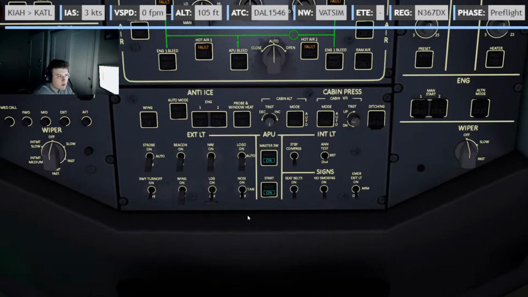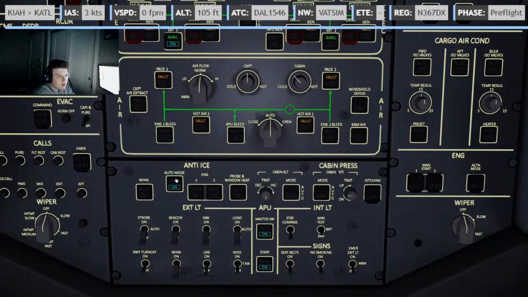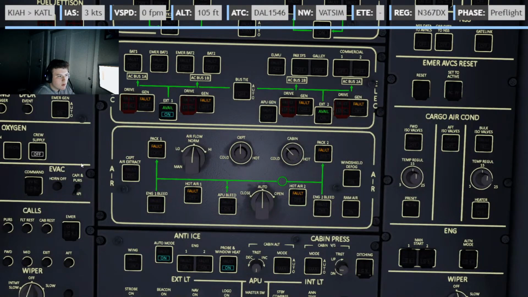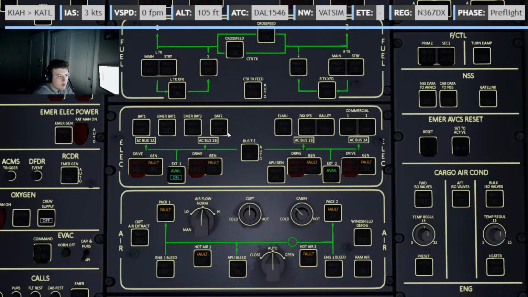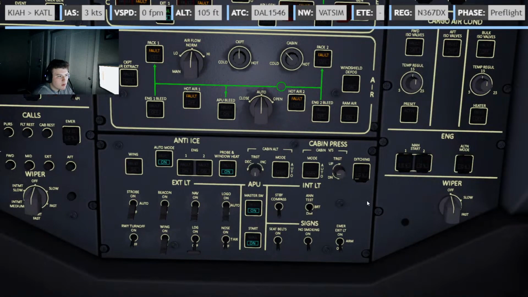Alright, there you go, starlight's on. Go ahead and put the probe and window heat on. And then I just want to make sure everything else there is good. For now, everything should be fine. And then I'm going to come down here and